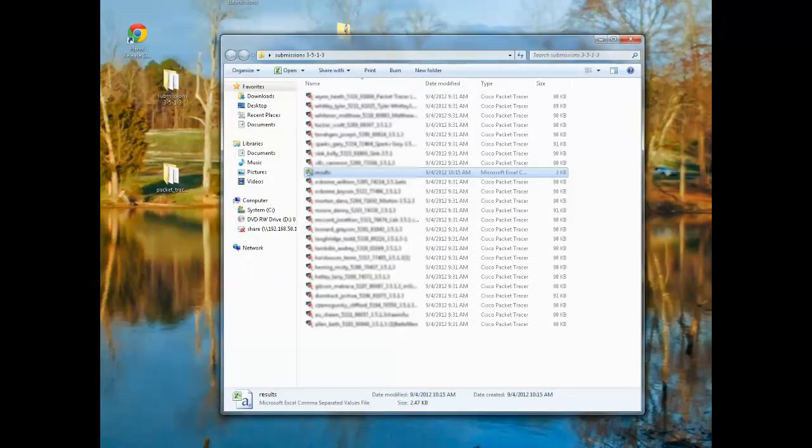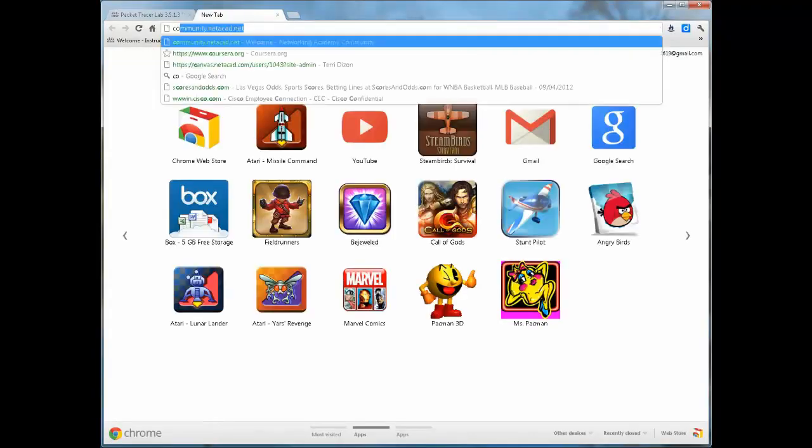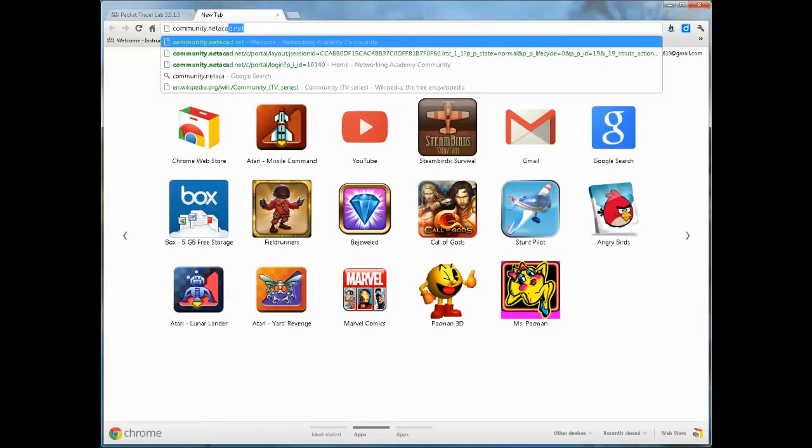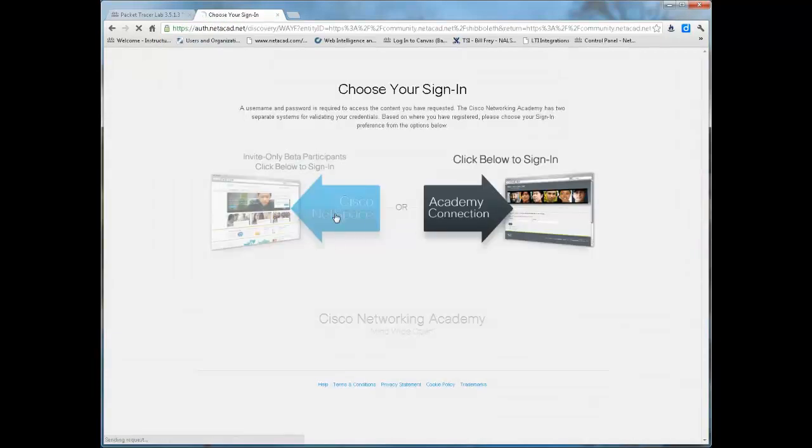Now let me show you where to find the activity grader. So I go into community.netacad.net, I'll sign in. All right, here I am. There's a picture of me. If you don't know who I am, I go to communities and offerings, and then go to packet tracer. Underneath the packet tracer, I click on files,